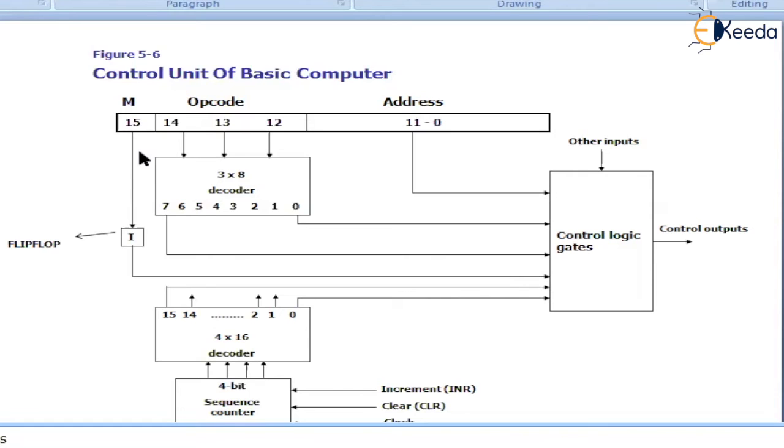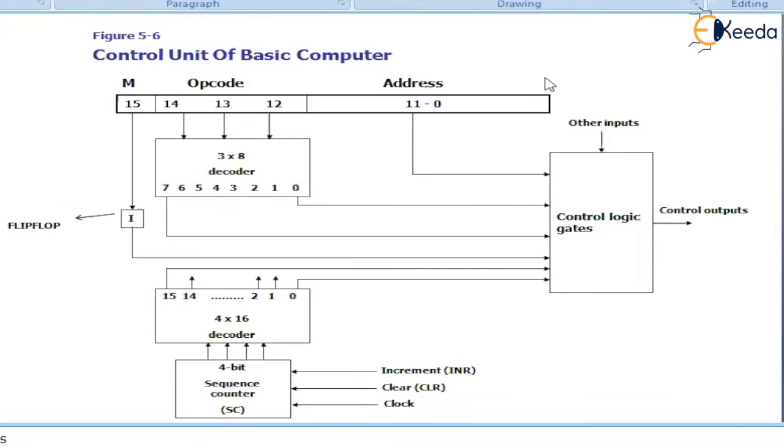What is the mode digit? It is going to give you either a direct addressing mode or an indirect addressing mode. Finally, the address part should also be decoded, because taking this address, we are going to the main memory. This is how the control unit is going to get designed.